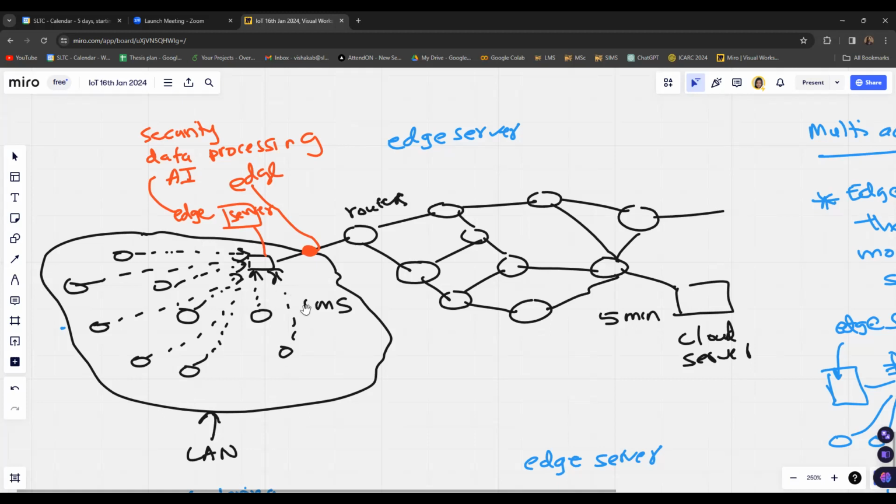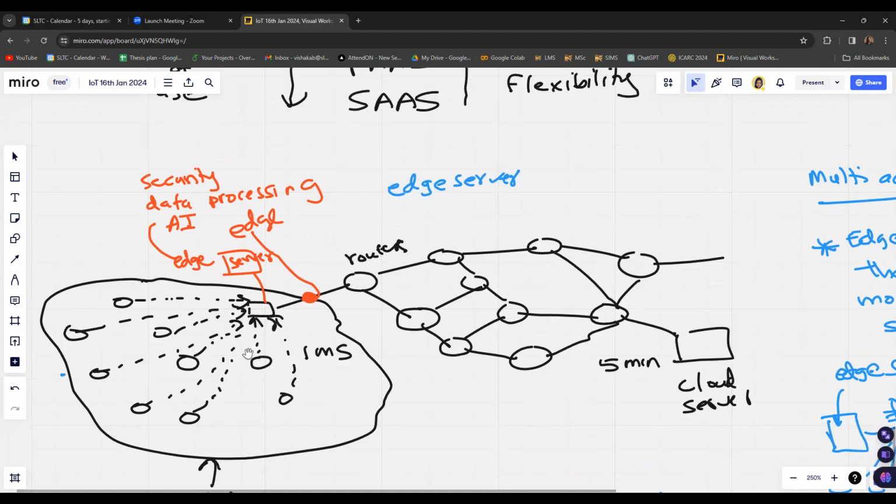So for the real-time features, you need to do the computation at the edge server level. And then you can have less delay in providing the feedback to the customer. Because of all those things, edge computing has come into the picture, where we can do some computation at the edge. So in cases where we want low latency and real-time updates, we can use edge computing.